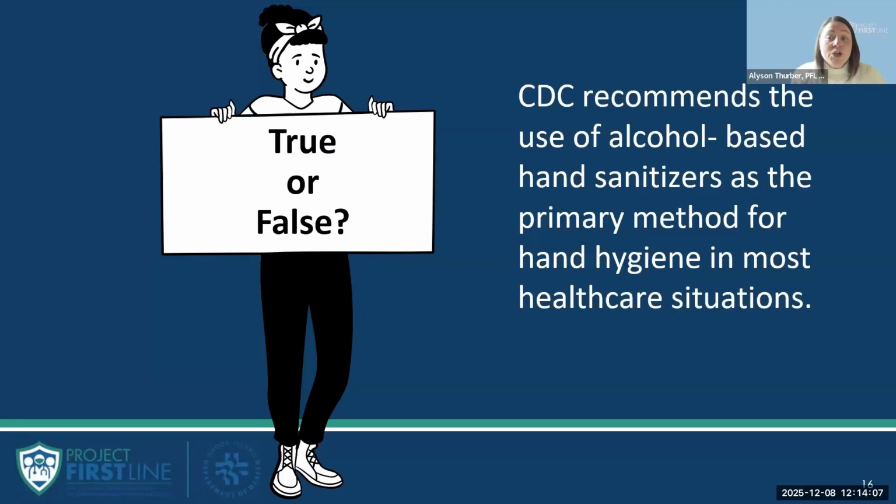Perfect. Okay. So this answer is true. Most of the time, and again, most of the time in healthcare facilities, it is preferred to use an alcohol-based hand sanitizer over hand washing due to evidence of better compliance when compared to soap and water. Hand rubs are generally less irritating to the hands and are an effective method of cleaning your hands. But there are certain times when hand washing should be used as opposed to an alcohol-based hand sanitizer, and we will go over all those instances next.